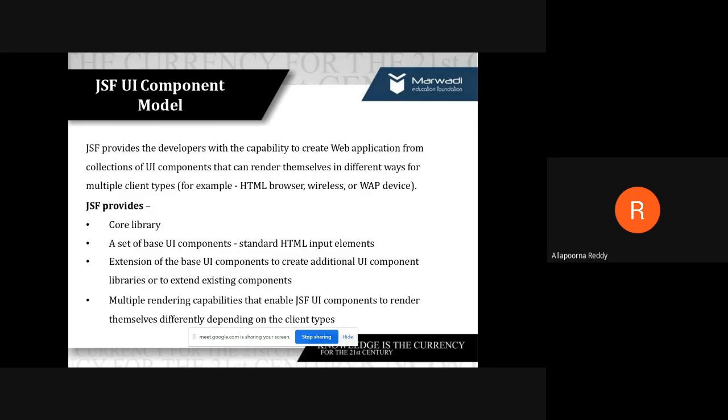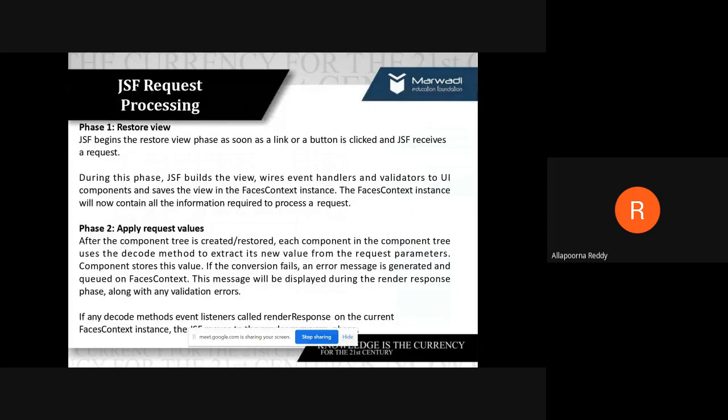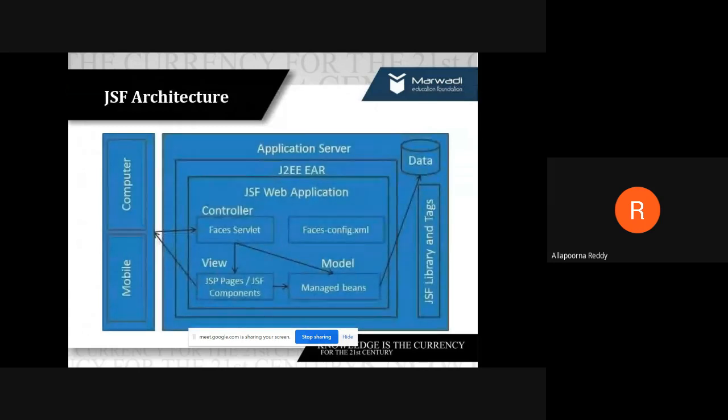Then we have seen the component model, how your component model works. When a client makes a request, it moves first to the container, then the application, then the framework. Inside the Java framework, there we are going to go through six life cycle phases, which we are performing to get the response. That is what I can call the life cycle. But before going to that life cycle, we had also covered the architecture. So how we are going to define it.